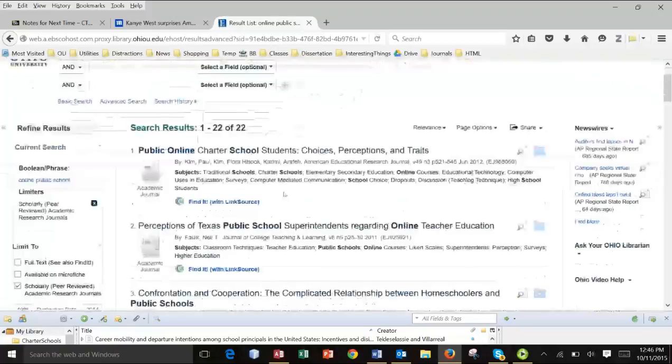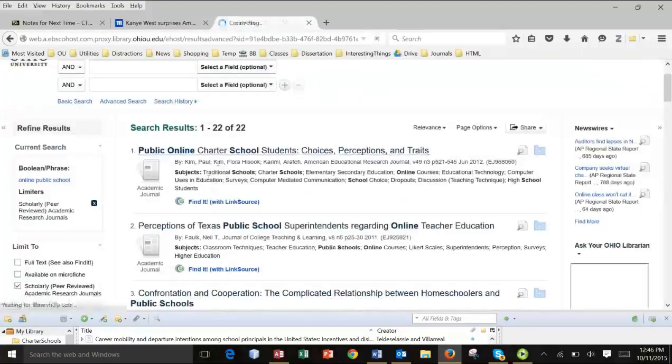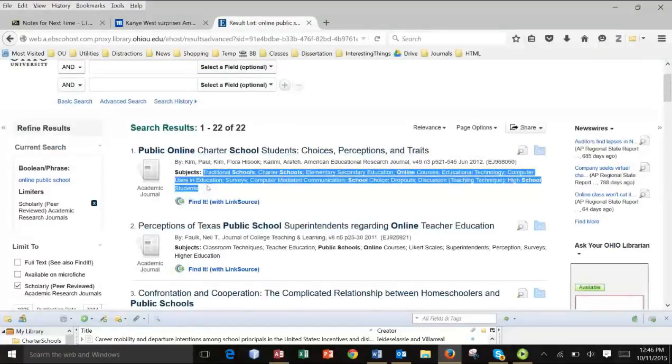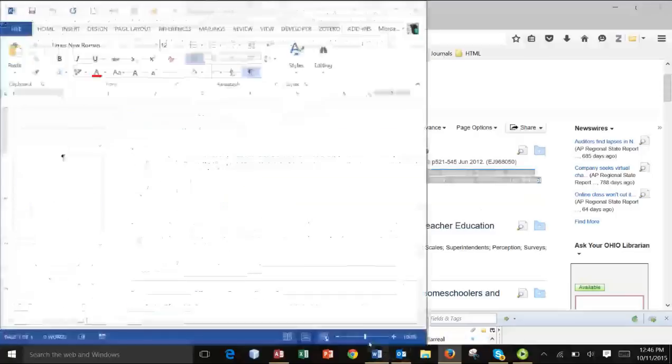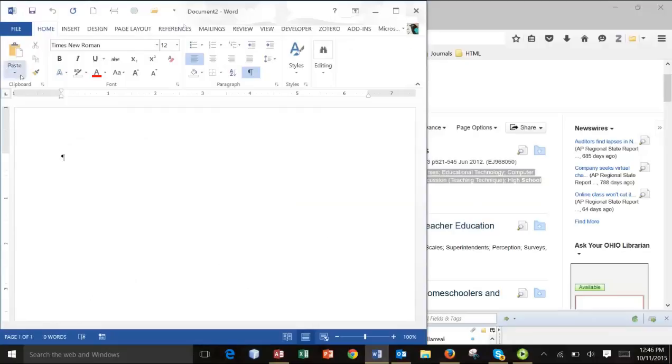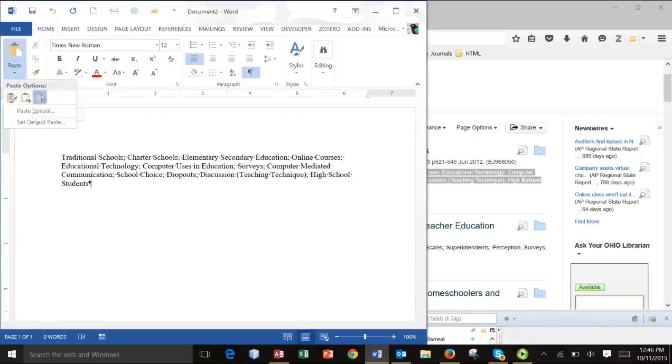Okay, so here are some articles. There's actually 22. This under subjects is what he's talking about when he uses the term, I think he uses the term subjects. Yeah, he calls it subjects, but this is what he calls keywords. This is the subjects. So I highlight it, I hit Control-C to copy it, I go to a blank Word document and I choose Paste and click the little A for